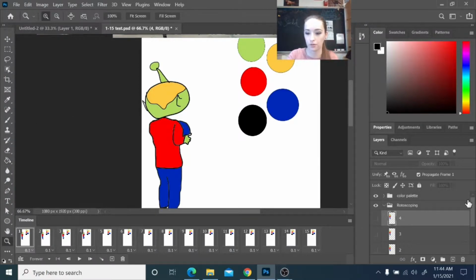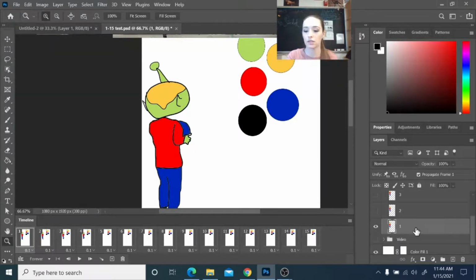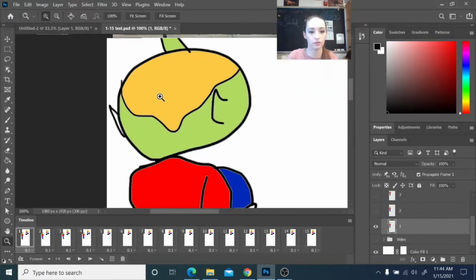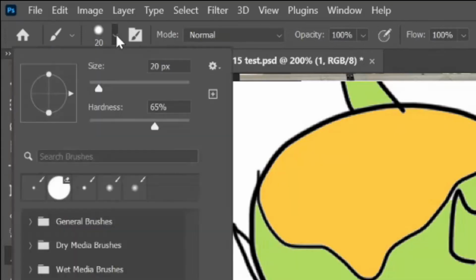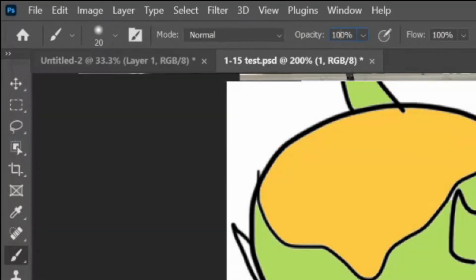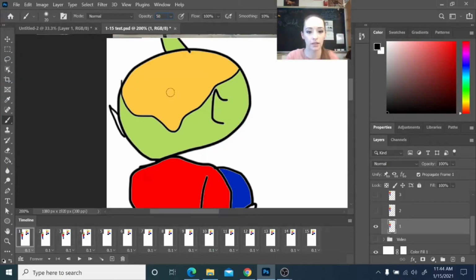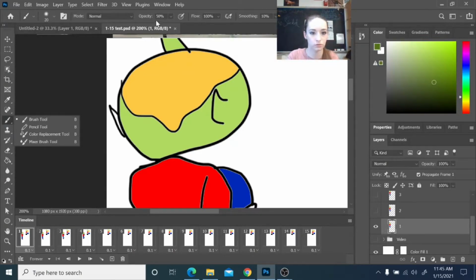So if I want to add some shading or something to my video, I can make sure that layer is selected and go back to my brush tool, and I can add some different shades. Brush tool, okay. And let's say you want your brush to be a little softer now, because I just want to add some shadows, and maybe I even want it to be a little bit see-through, so I can change that opacity. And let's say I want it to be this color, but a little bit darker. So if I change to my eyedropper tool, this color to start out with, but then I can drag it down, make it a little darker. Brush tool, opacity 50%, and